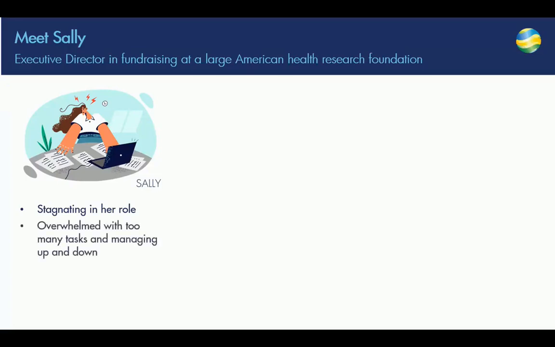I'm just feeling like I'm stagnating. She also was really, really overwhelmed with too many tasks and managing up and down, which we'll talk about. She was working nights, she was working weekends and just feeling extremely overwhelmed. She was at the point, when I got her, where she was like, I just need a new job. I just need to go someplace else. I'm not seeing much of a career path where I am, but I don't know where to go. She wanted to go to another place that was as prestigious as the one she was at, but there are not a lot of openings there. It's not easy to get in. She really didn't know what to do.